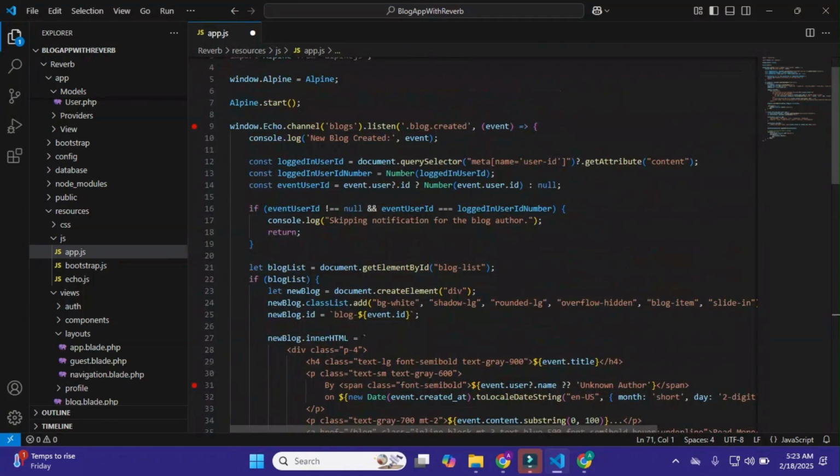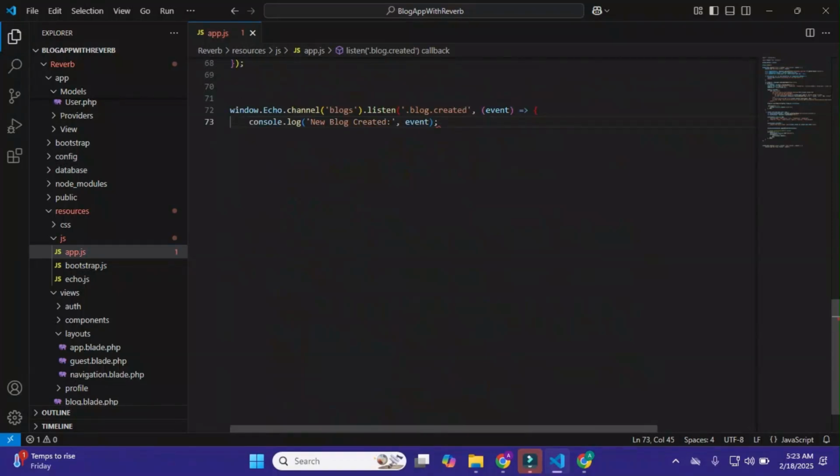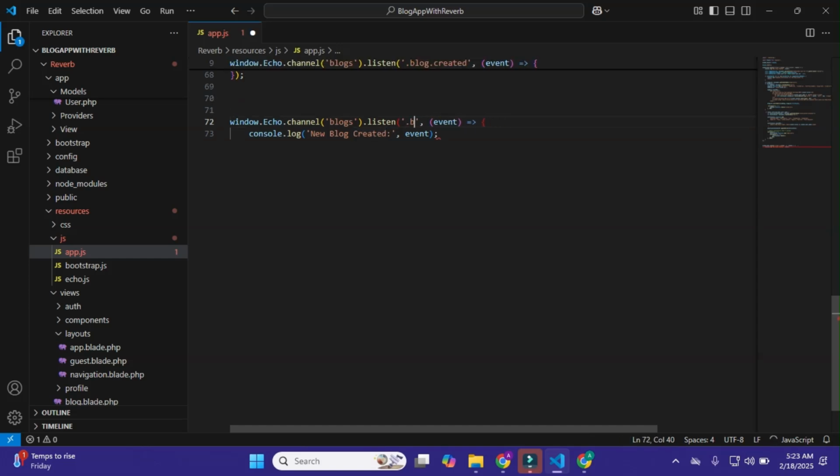I'll simply copy it and paste it here: window.Echo.blocks, and it is the listener. I'll just pass it block deleted, and within it event, and console.log block deleted event.block.id like this. Okay, we simply do this, and after it